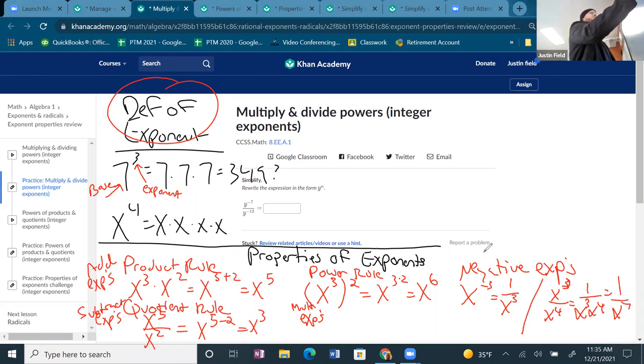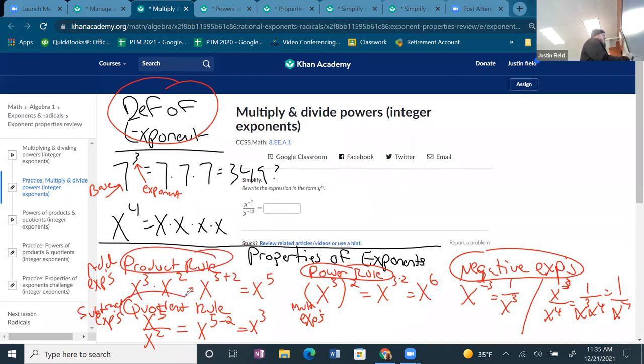These different rules, but even though I can't write very well, there we go. Make sure you have the negative exponent definition there, the power rule, the product rule, the quotient rule, the definition of an exponent. Now let's get started. So with these,